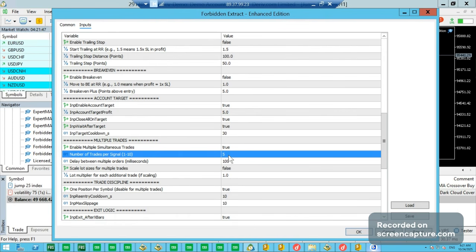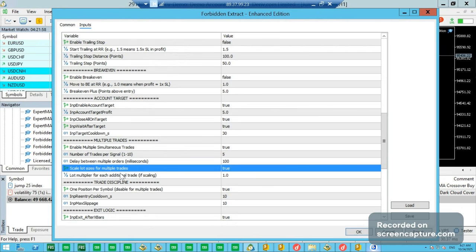What will enable the EA to determine the lot size to use is that you need to activate this, scale lot sizes of multiple trades, to true. So if you check this one, it is 1. If you leave this at 1, the EA is going to execute your trades on the same lot size of 0.01. So all the 5 running trades will be 0.01, 0.01. But if you change this to 2,